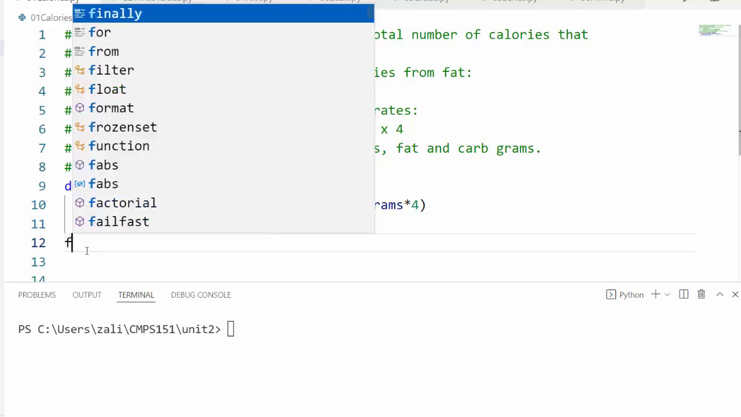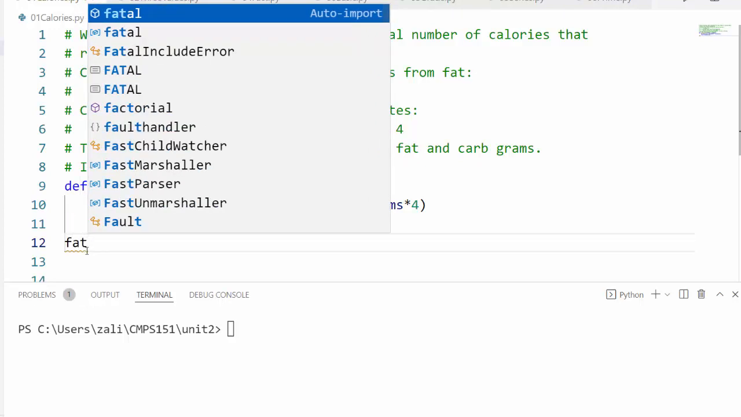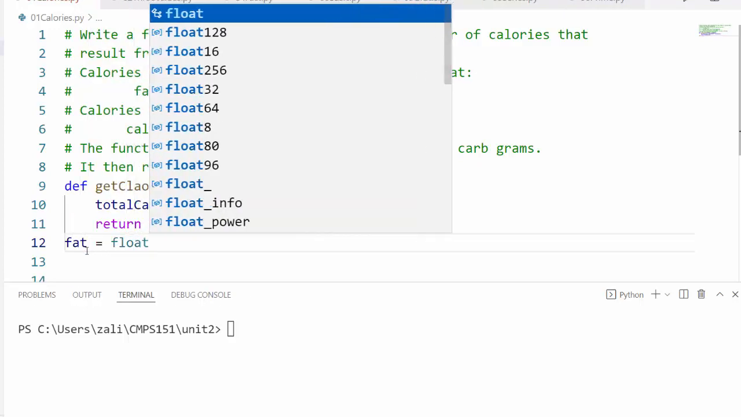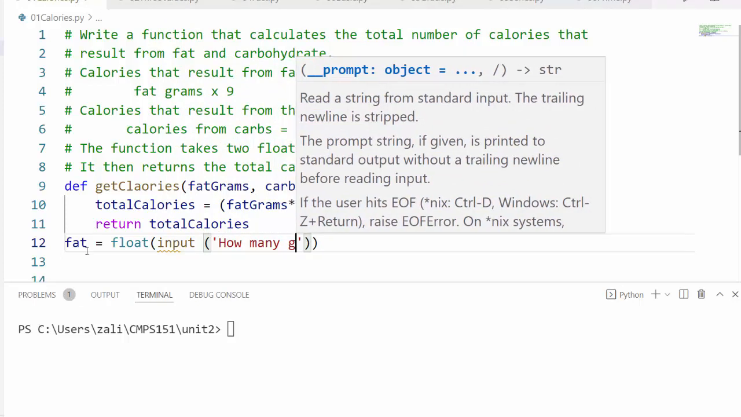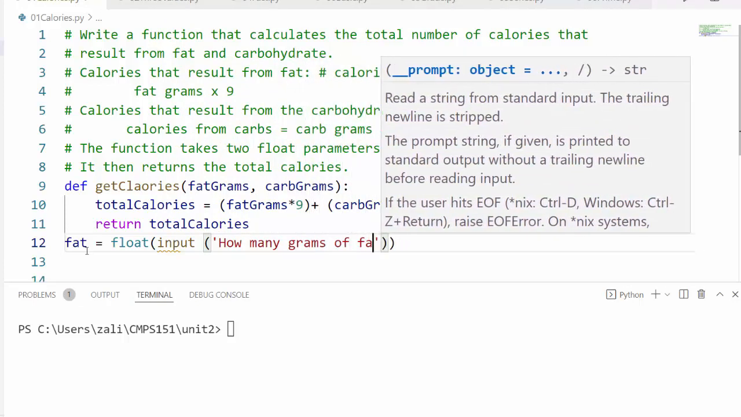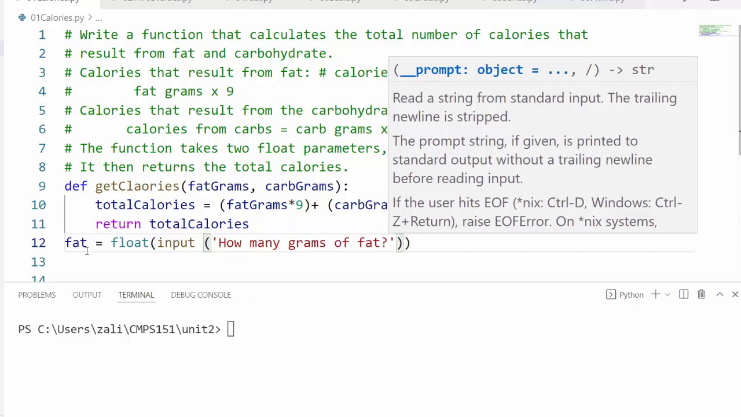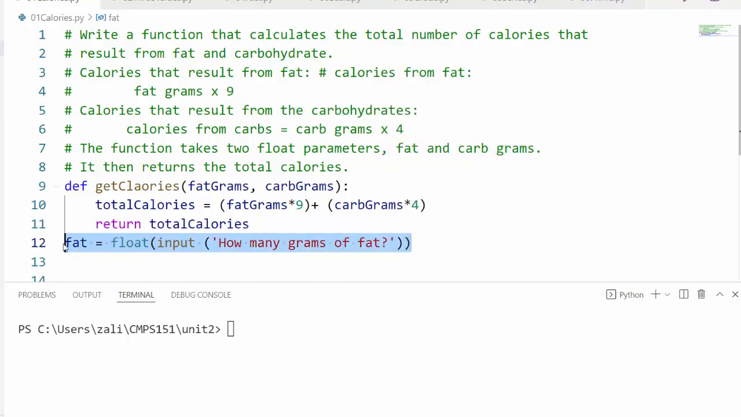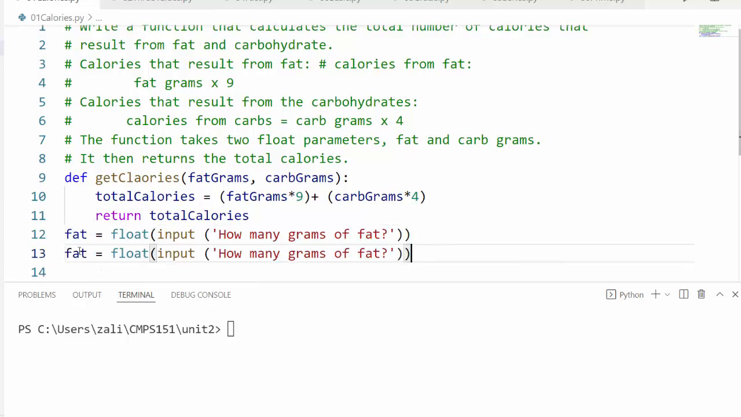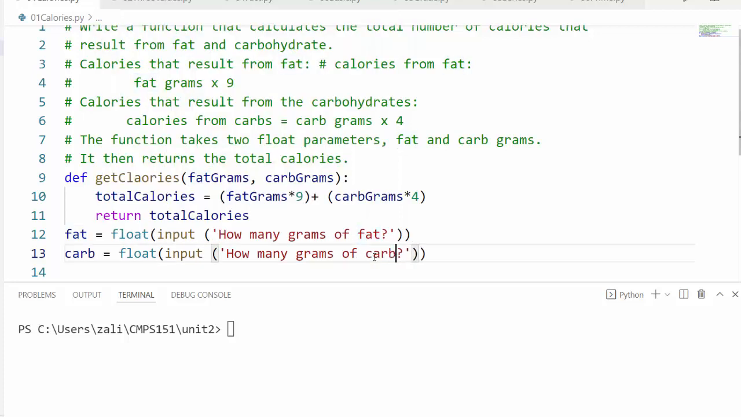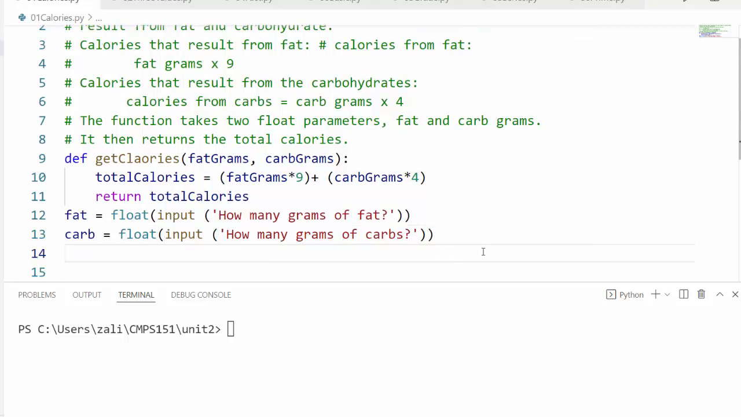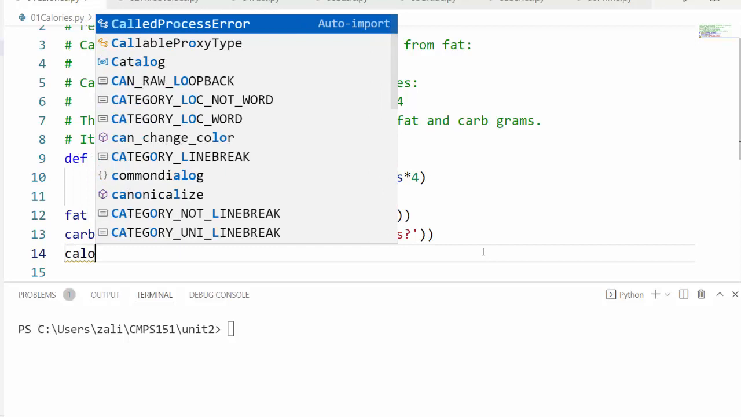Let's just make a fat equals float. This is outside the function. Input, how many grams of fat, and we do the same thing for carb. Here, carb, how many grams of carb. Now I have the two values. I can call the function, but I need to make sure that the value returned from the function is stored somewhere. I can say here calories